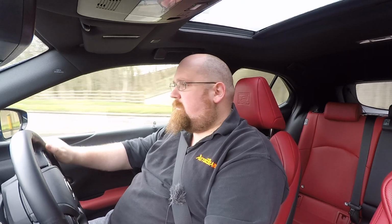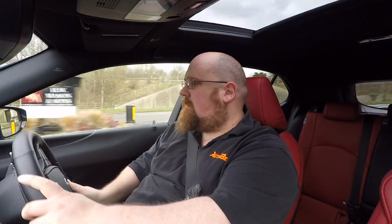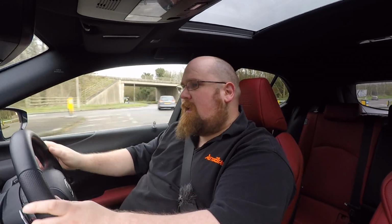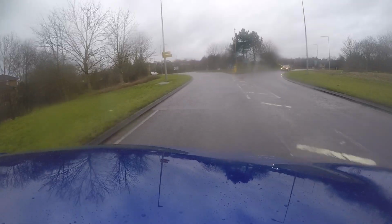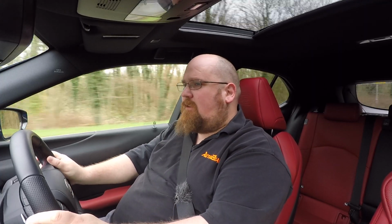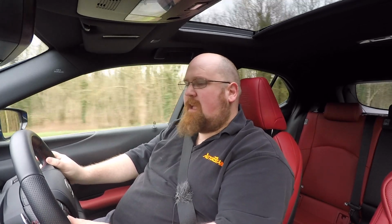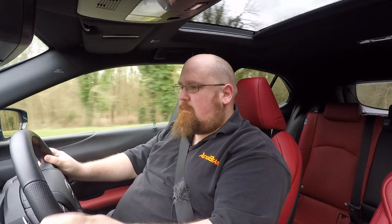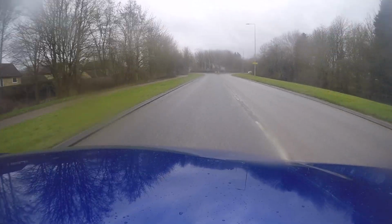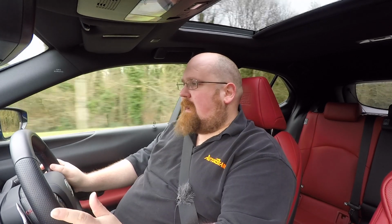It's not sporty in any way, shape or form, but going around this roundabout, there's a nice fluidity to the handling of the UX. As you turn the wheel, the front wheels move, and it goes where you want it to go. Now, it's not brimming with feel and feedback like something like a Seat Ateca, but for everyday driving,